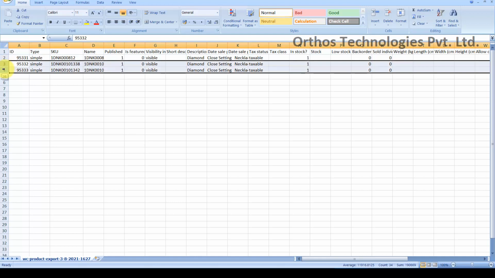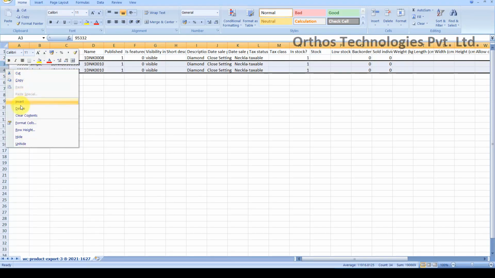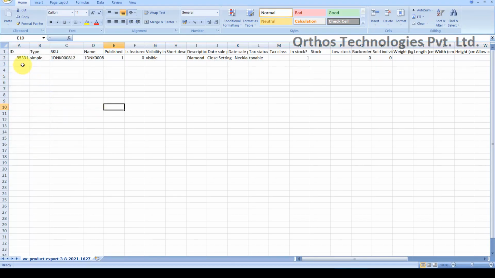So now before importing we have to keep in mind that we have to add the media, that particular media which we'll be using in this import file, before uploading this particular product. So what we'll do is we'll just go ahead and delete these other two products